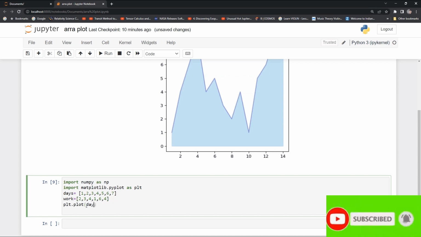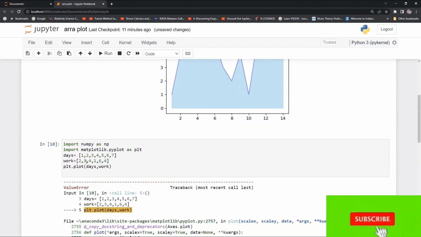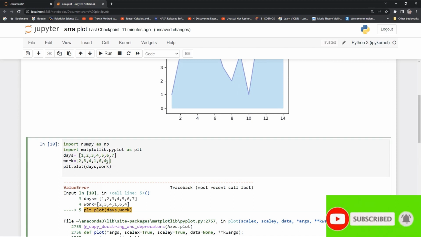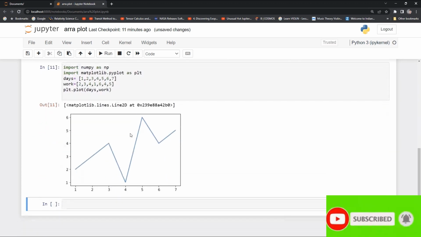So plot days versus work, days on x and work on y axis. I think there's one missing, it is one less in number, so type some number, say 5. Now run it. So see, this is our basic line plot in